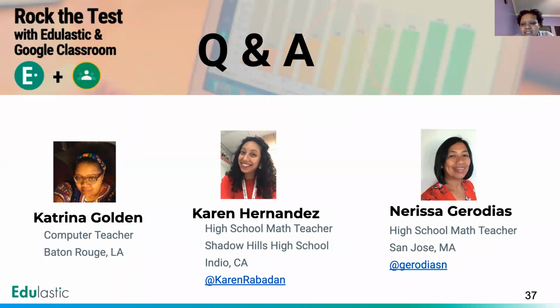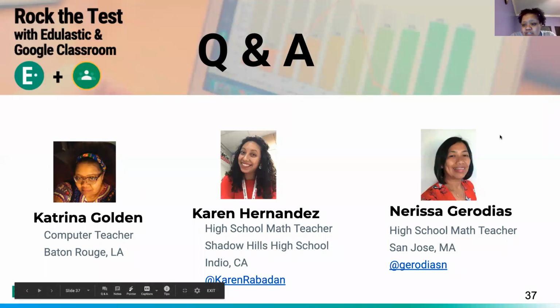The Leap 360 is a shorter version, but it's the same type of questions. They're still Leap-like questions, so the students can get a feel for what's going to be on the test, but they only have it for math and reading. And I'm not sure if you're in Louisiana, but if you are, I think your testing coordinator could get you the study guide for the upper grades, which has an actual version of the